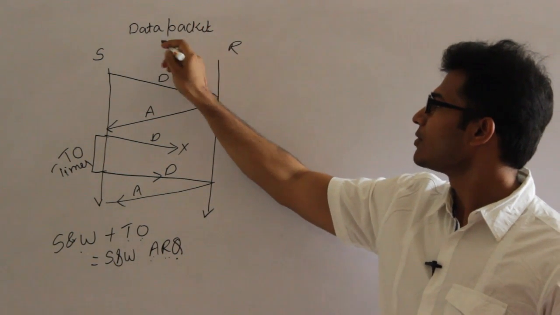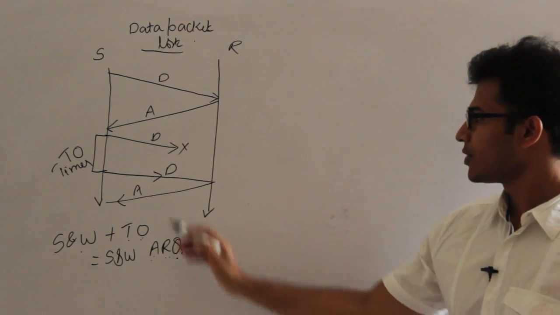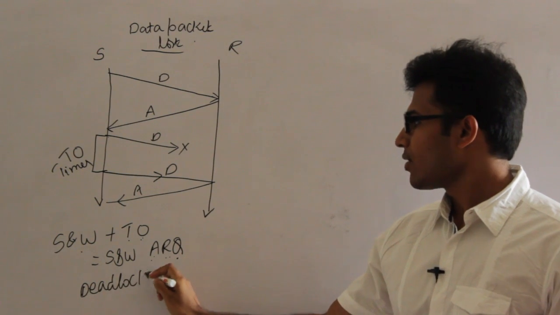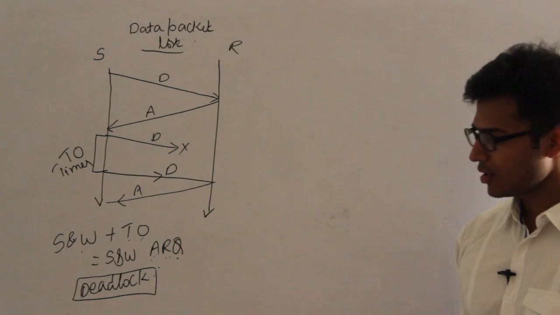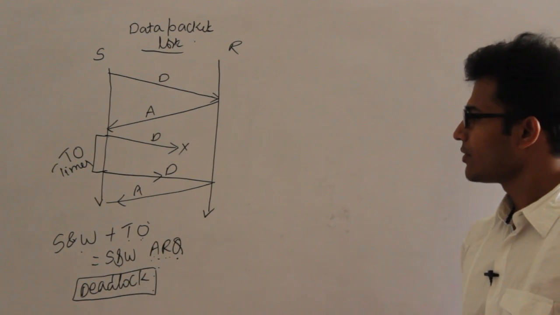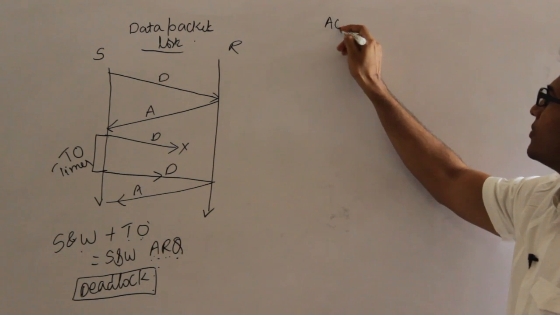Why did we get this problem? Because the data packet is lost, and because of which, what is the problem? Because of which there is a deadlock. And how could you correct the deadlock? We could correct the deadlock by adding timeout to the stop and wait, and so it is also called stop and wait ARQ, automatic repeat request, right? And the next problem is acknowledgement could be lost,